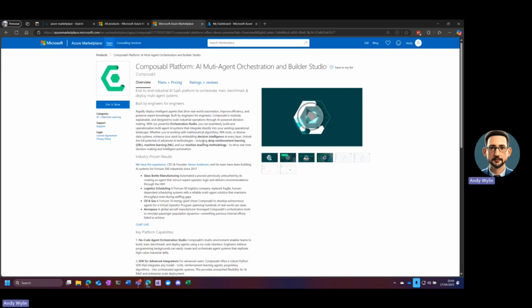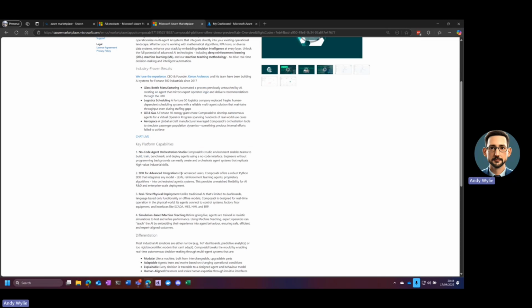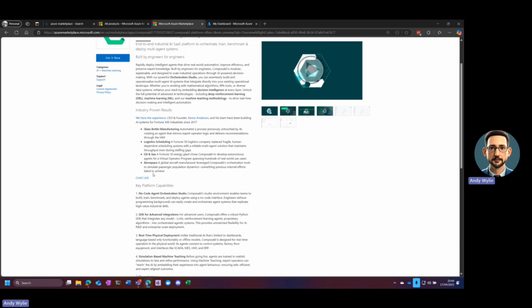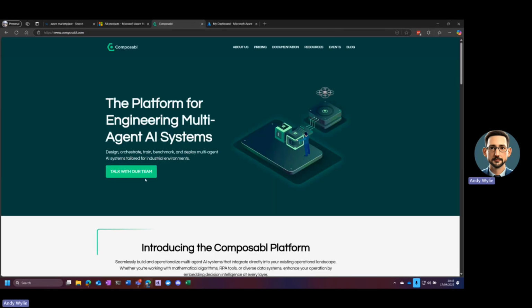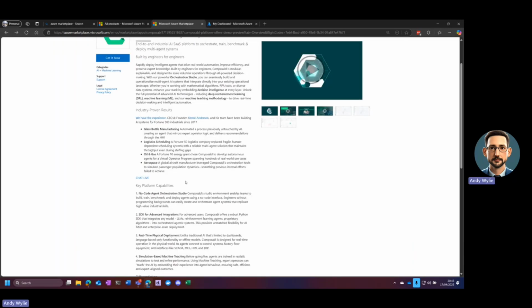where you can see the information that you need in terms of what the platform is, a bit of information about our experience, the platform capabilities. You can even start a live chat. So if you've got any questions before you buy, you can click on live chat and that will actually take you to Composable website, and then you can click on here and have a little chat with one of us if you feel that you need to ask any last minute questions. So if we take you back to here,